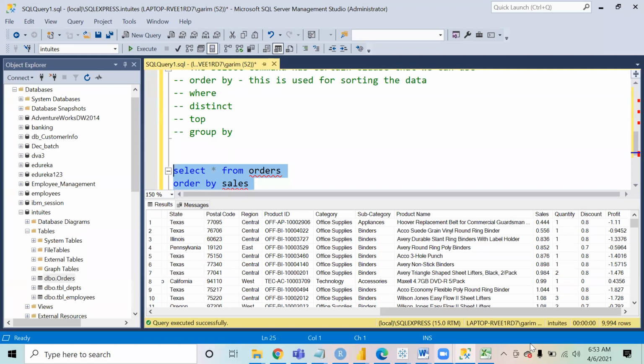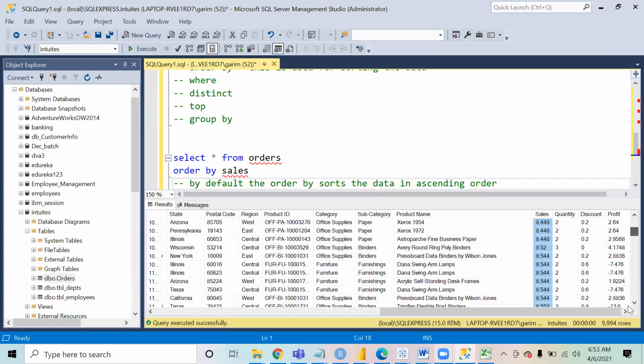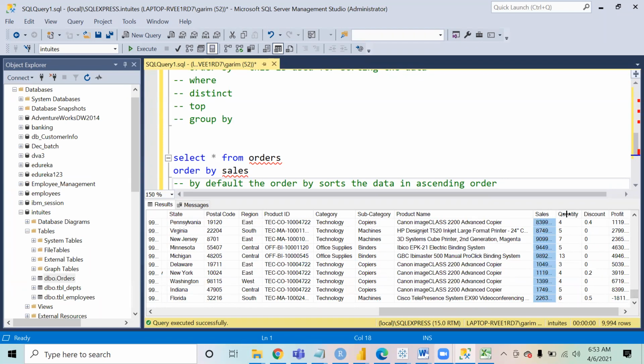It is coming in ascending order. By default, order by sorts the data in ascending order. So the lowest sale is at the top, and as you go down the sale keeps increasing, and you have the maximum sale at the bottom.